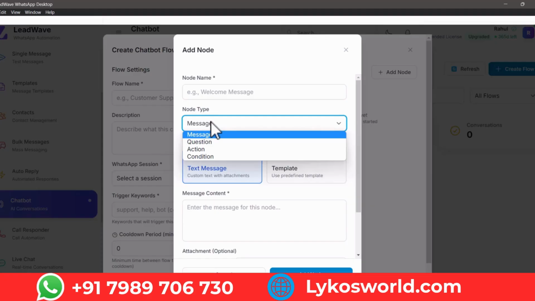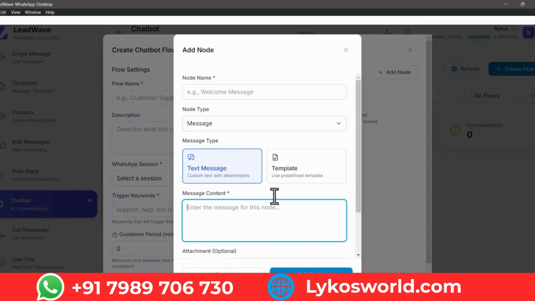So if a customer sends you a message called support, because that is what you have put in the trigger keyword, immediately one message will go saying, thank you for choosing Leadway. Please let us know how may I help you. Okay. Once this is done, automatically, even if the customer sends a reply over it,